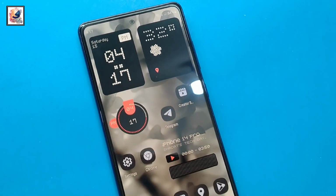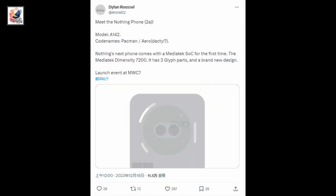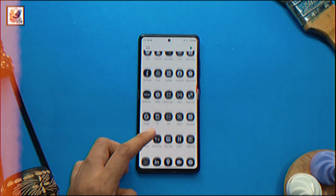It is expected to be announced on 24 or 27 February at the MWC event 2024. The Nothing Phone 2A is expected to be priced lower than the Nothing Phone 2, which retails for $600 in